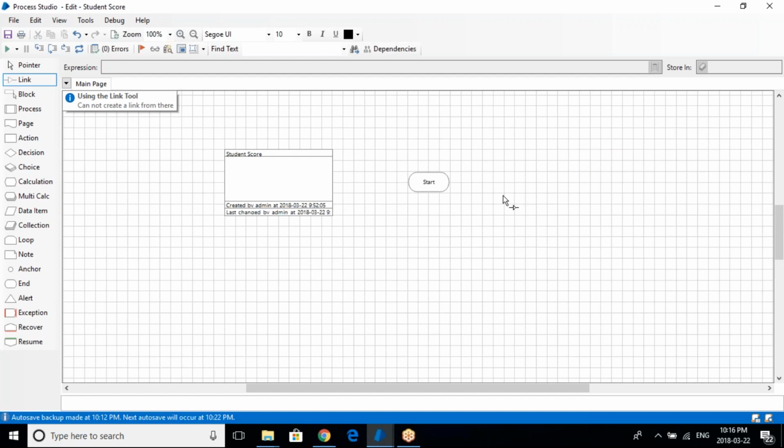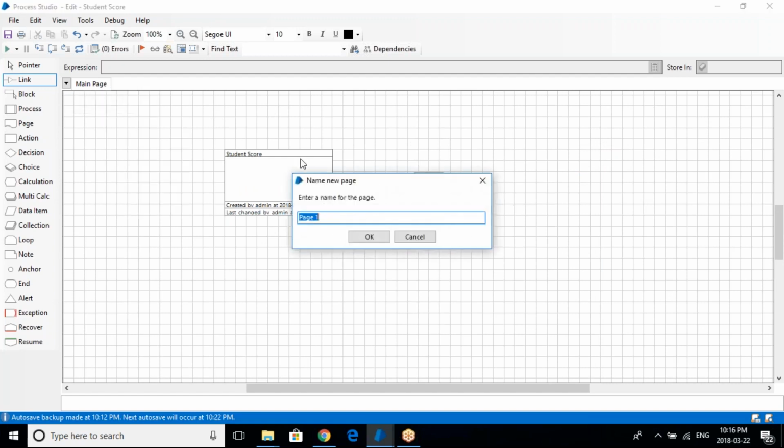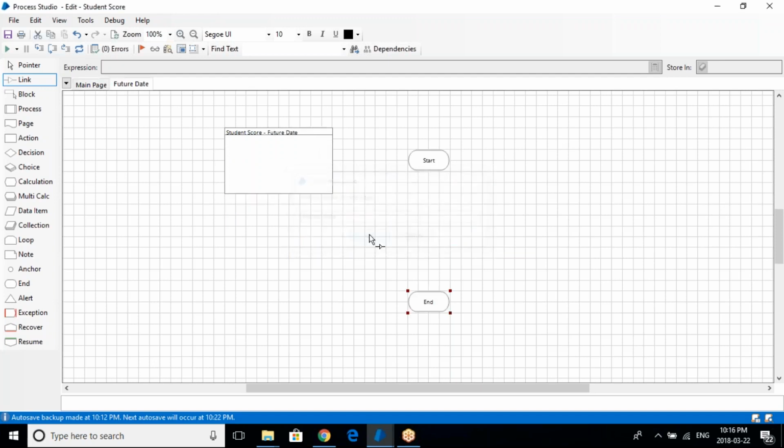Let's create a process where I am basically trying to calculate a future date. There is a date in the future that I want to calculate, and I want to show how I can pass the value and retrieve the value from the particular process. So I'm creating a subpage here called future date. Okay, and here I'm just taking a calculation stage,